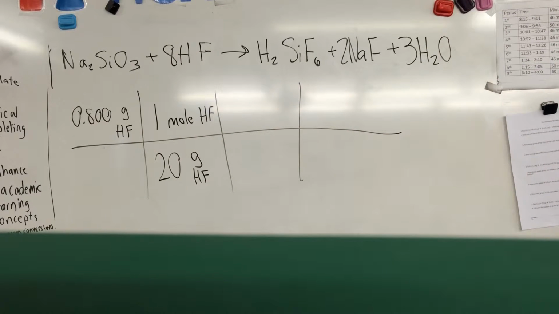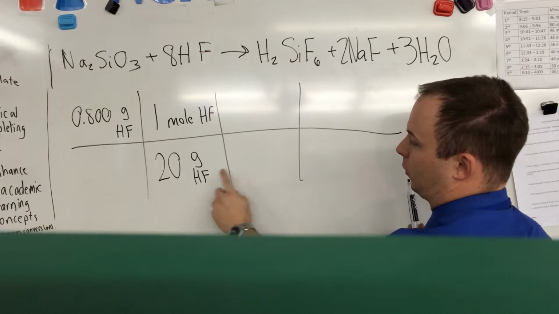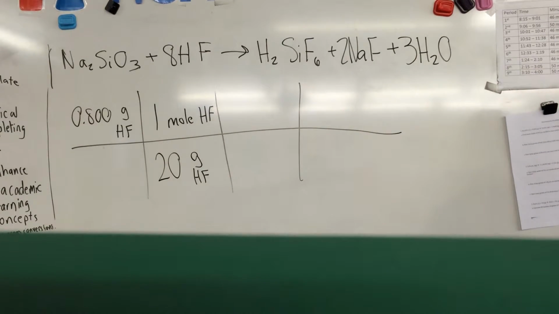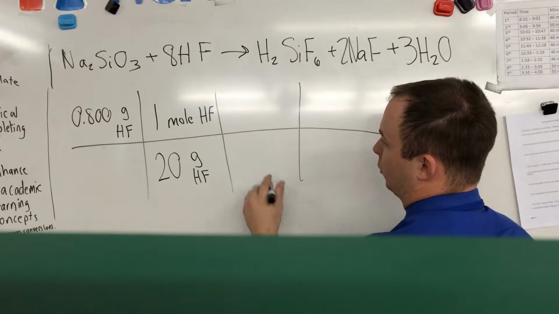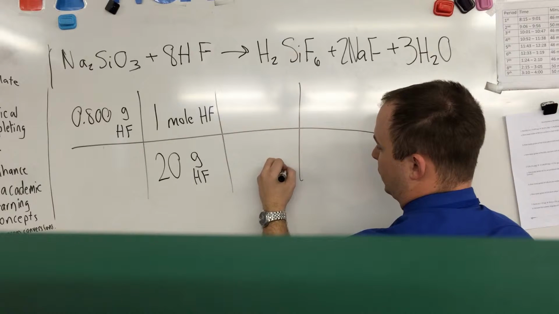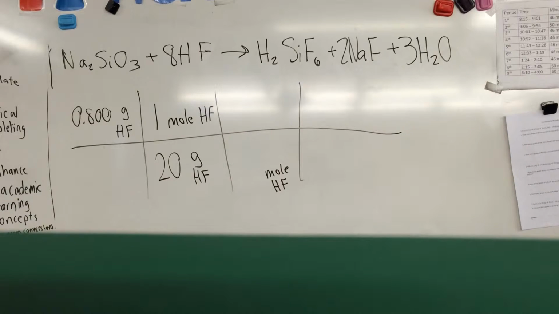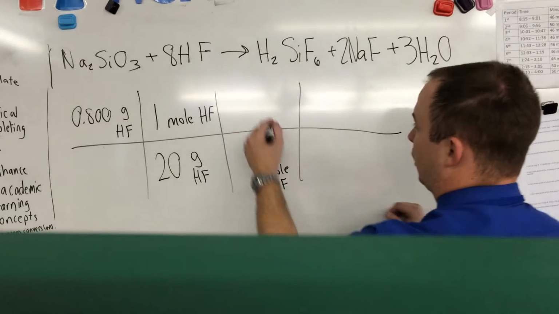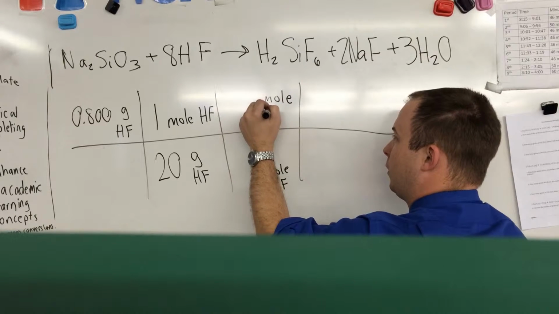But now what we have to do is use the molar ratio of hydrofluoric acid to sodium silicate to convert this to moles of sodium silicate, as you can see if you look at your chart. So to do that, we actually have to put moles of hydrofluoric acid on the bottom, okay, because that's what we're converting from, which is A. What we're converting to, which is mole B, would be sodium silicate,